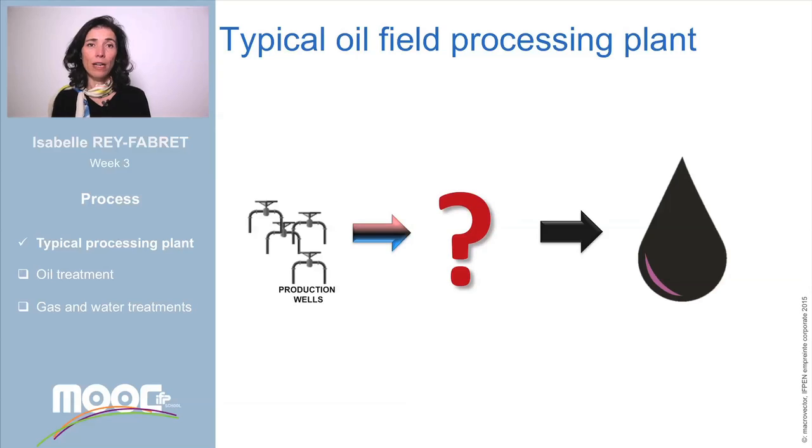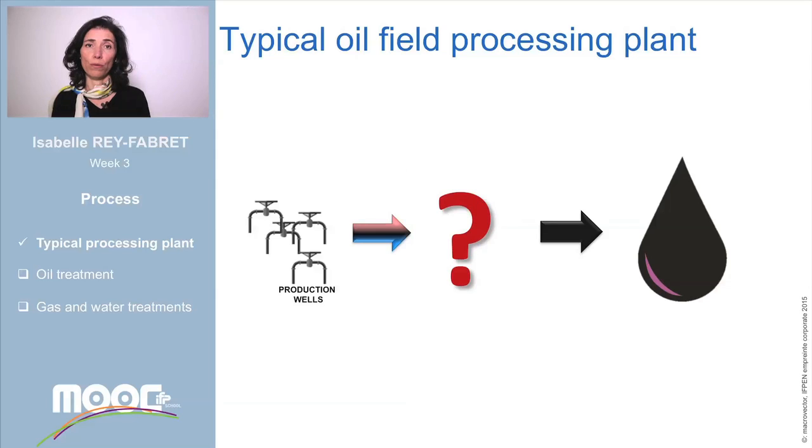In order to define the role of this specific part of the system, let's focus on a typical oil field processing installation. The production wells send the effluent to the process unit, where it is treated to obtain oil to be stored. What treatments are required? We will describe on the one hand the fluid entering the process, and on the other hand the final products